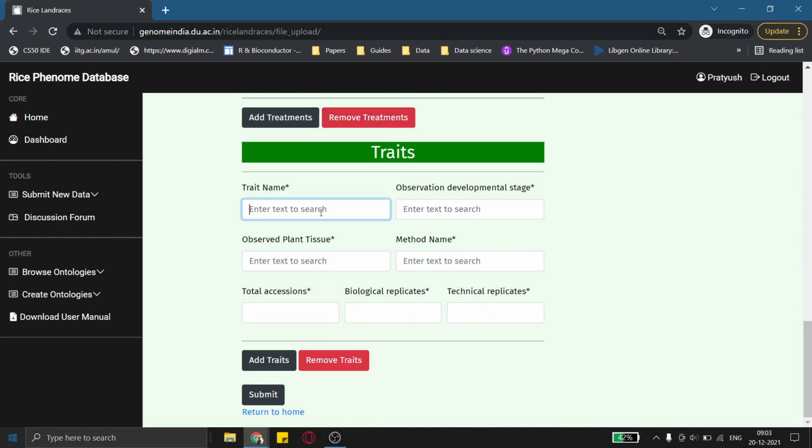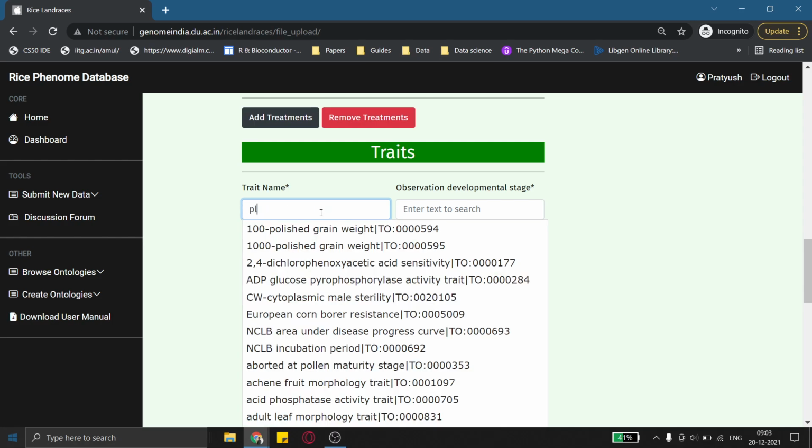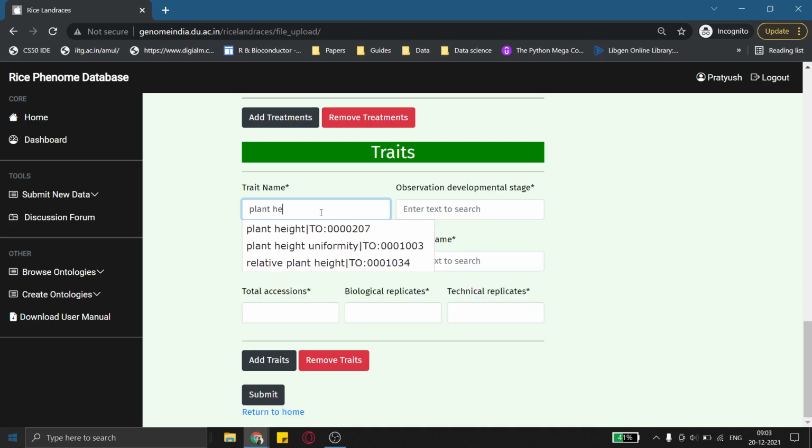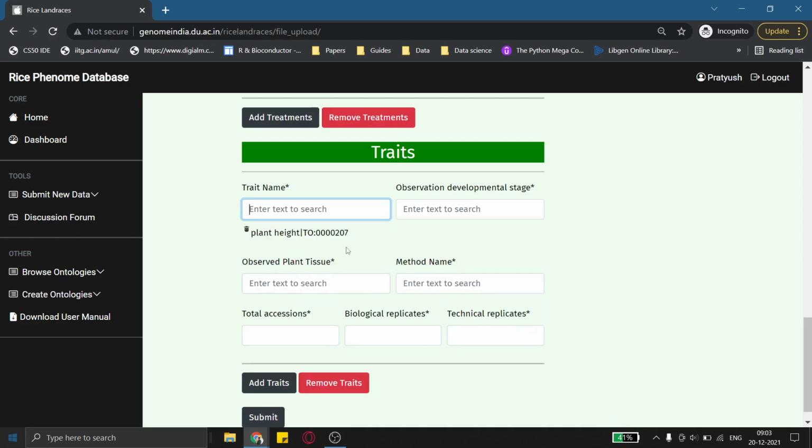So for traits, this is basically what you are recording, right? So let's say you are measuring plant height, select that. Again, this is from a drop down. You can't write your own text here. You have to select it from a drop down. Developmental stage, let's say